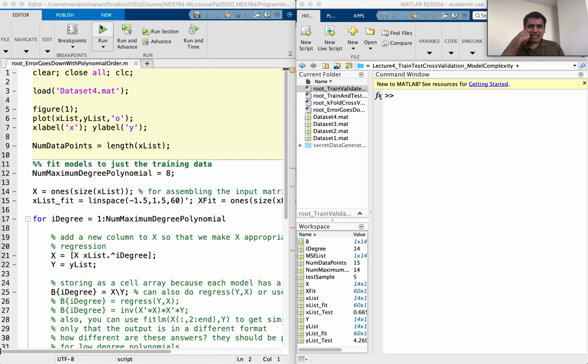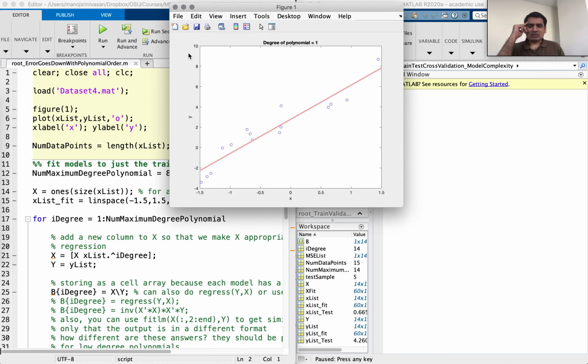So we've looked at fitting a polynomial to some noisy data. Let me run this program and let's see what happens. This program just fits polynomials of different degrees by essentially minimizing the mean squared error between the polynomial and the data. So this is a degree 1 polynomial, namely a straight line. Degree 2, 3, 4 looks the same, 5, 6,